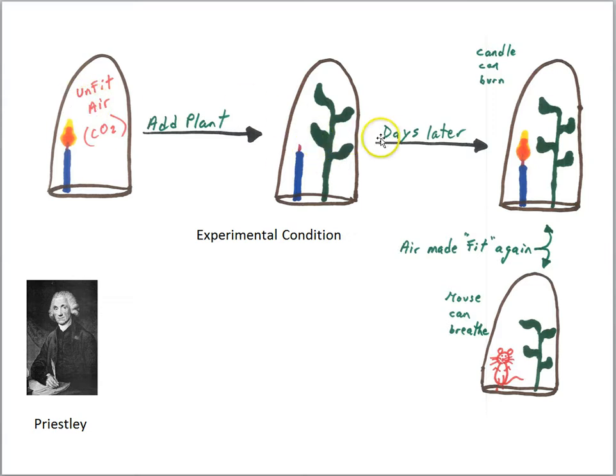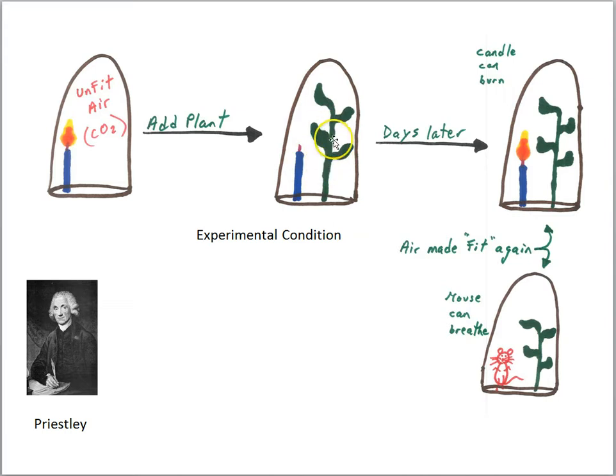And he's going to wait days later, 10, 12, 14, 17, 20 days later, and now he's going to try to light the flame again. When he uses his magnifying glass, he finds that he can ignite the flame again. Remember, when the flame initially burns and then goes out, you cannot relight the flame. The flame has already exhausted whatever was necessary for flame. But if you wait for enough days